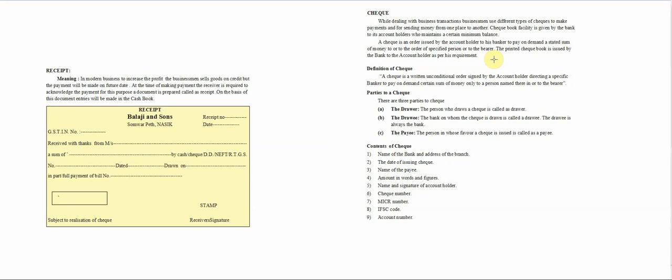The receiver is required to sign on the revenue stamp of ₹1 if the amount received is ₹1,000 or more. It is demanded as a proof of payment. Every receipt has a duplicate copy on the counterfoil. To avoid misappropriation of cash or malpractice, a carbon copy of the receipt is prepared on the counterfoil. On the basis of the carbon copy or counterfoil of the receipt, entries are passed on the debit side of the cash book.